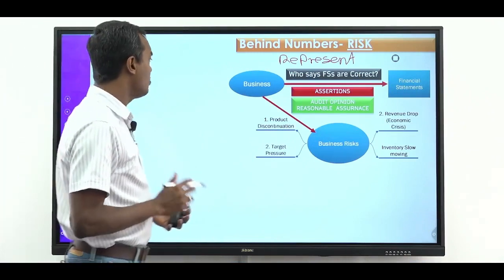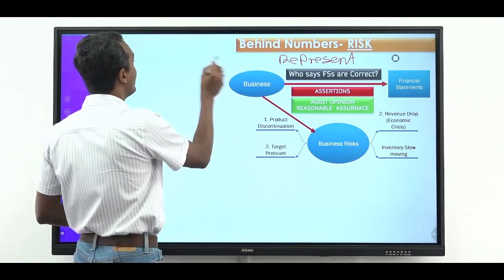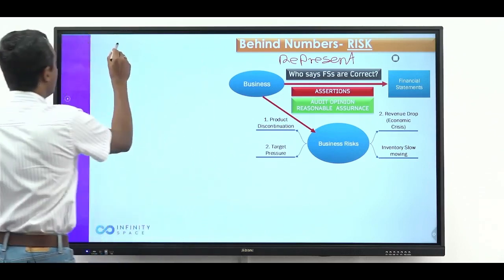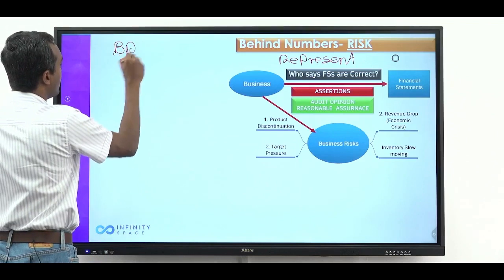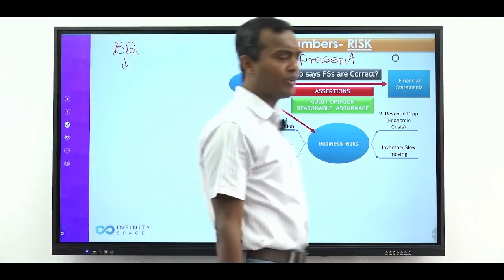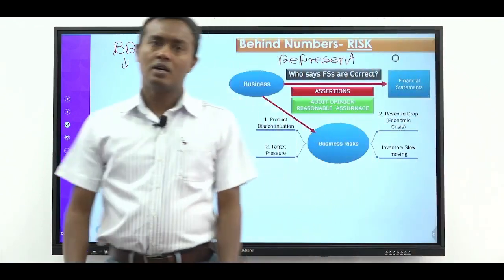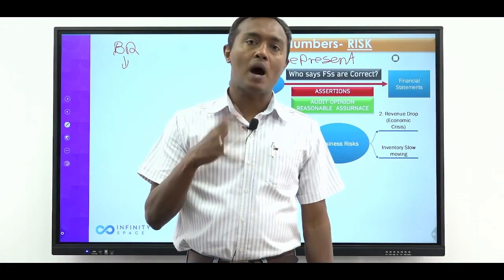So again, in the pilot paper and the LO that I mentioned to you, it's very important that you understand what a BR is. See the BR definition given in your study pack. And even if you take any other framework, the COSO framework, ISO 31000, anything. Now see, this is where the power